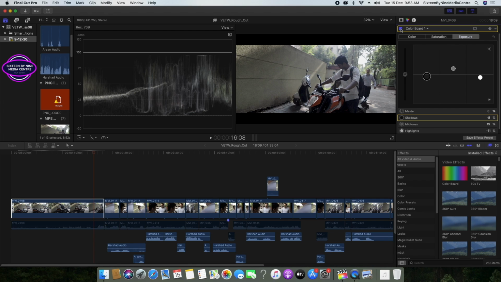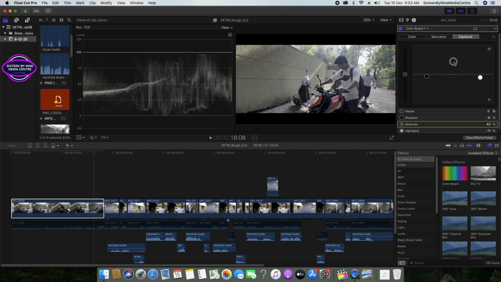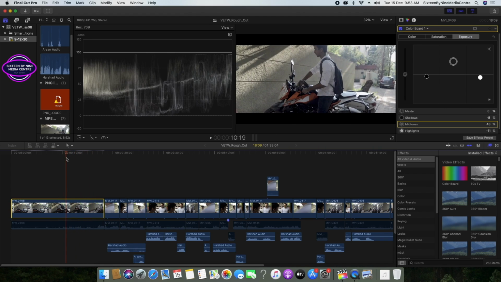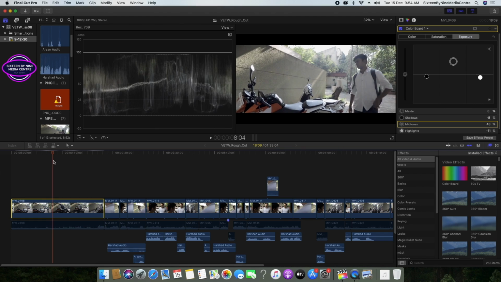Okay. So this was the image first. You can see the difference. I'm selecting, deselecting. This was the first image and this is here now. Let me increase the midtone a little bit more. And it looks even better, right? So correcting the footage, this was very dark, and now a little bit of things we can see, right?